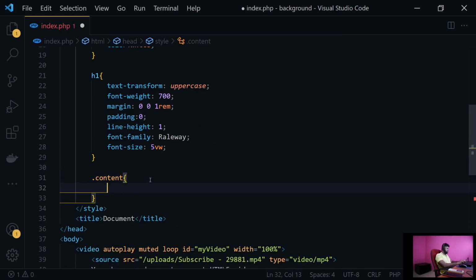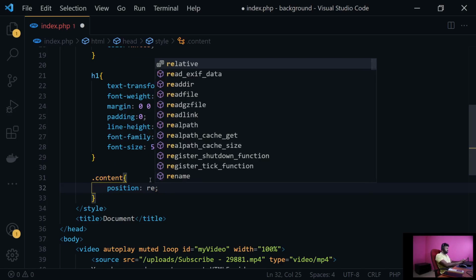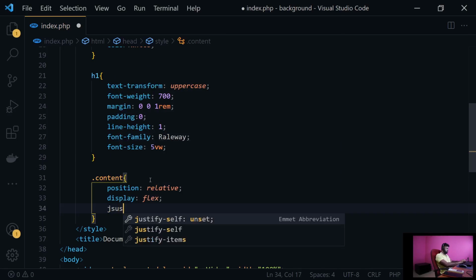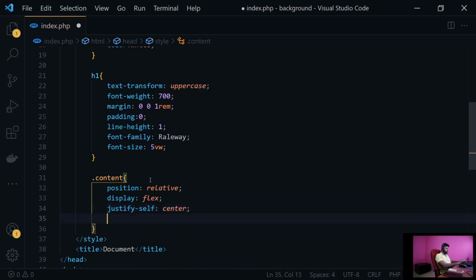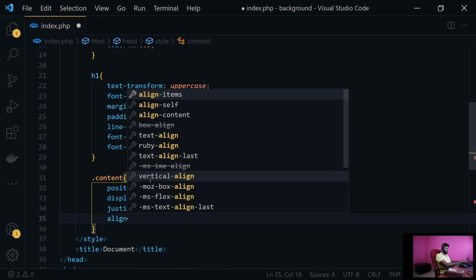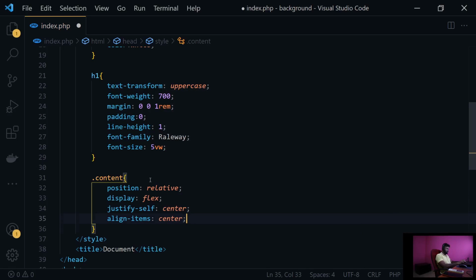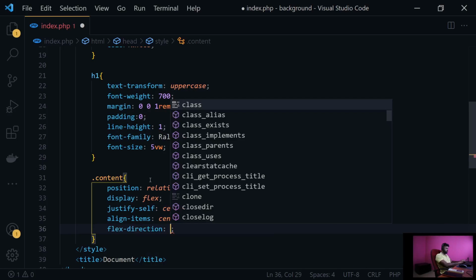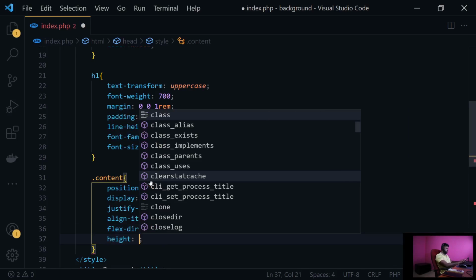Okay, instead of this, let's add position as relative, and display flex, and let's say justify self as center, and align items as center, and flex direction as column. Let's say height 100%,